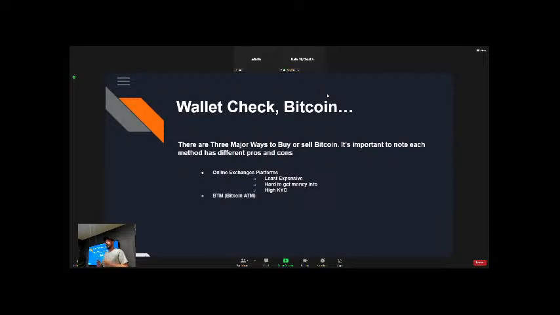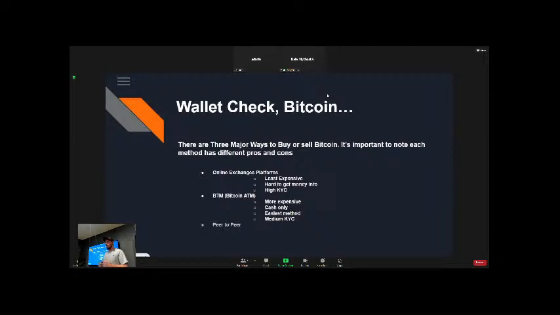Then there are Bitcoin ATMs. They're a little bit more expensive, but they're the easiest to use. You go to the machine, you put in your cash, it gets sent straight to your wallet, and you're done. Within about 5 minutes, you have Bitcoin in your wallet and you're off to the races, which is really nice. They're cash only, so you're not worrying about a bank freezing your transaction to your favorite exchange. And they're medium KYC. We take it very seriously, and we take our customer safety very seriously, but it's a different level of KYC than the exchanges themselves.